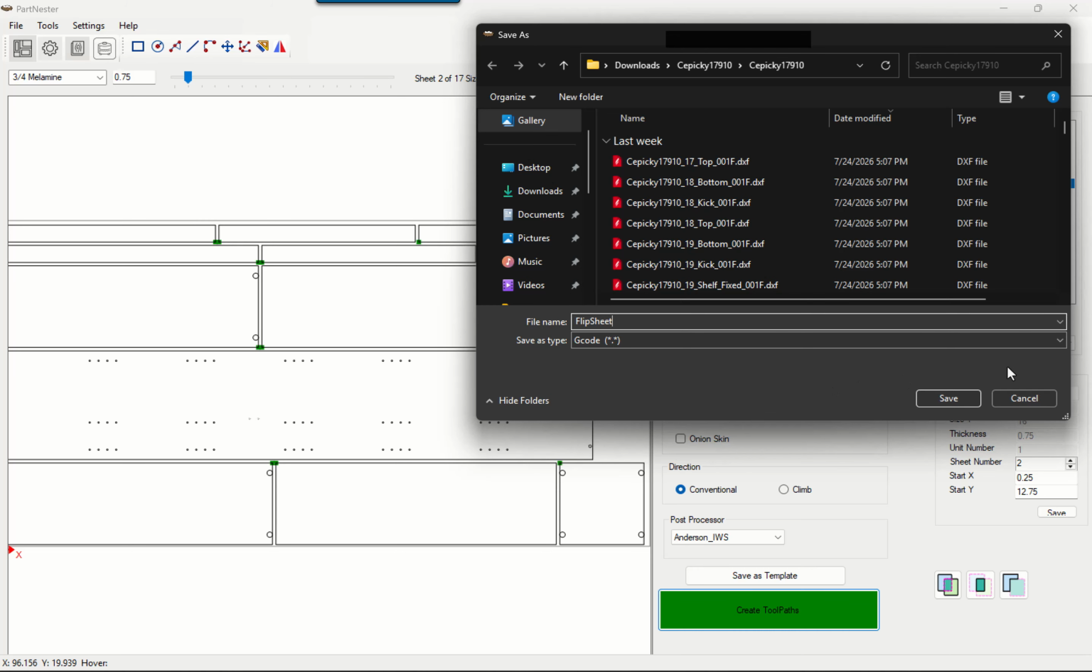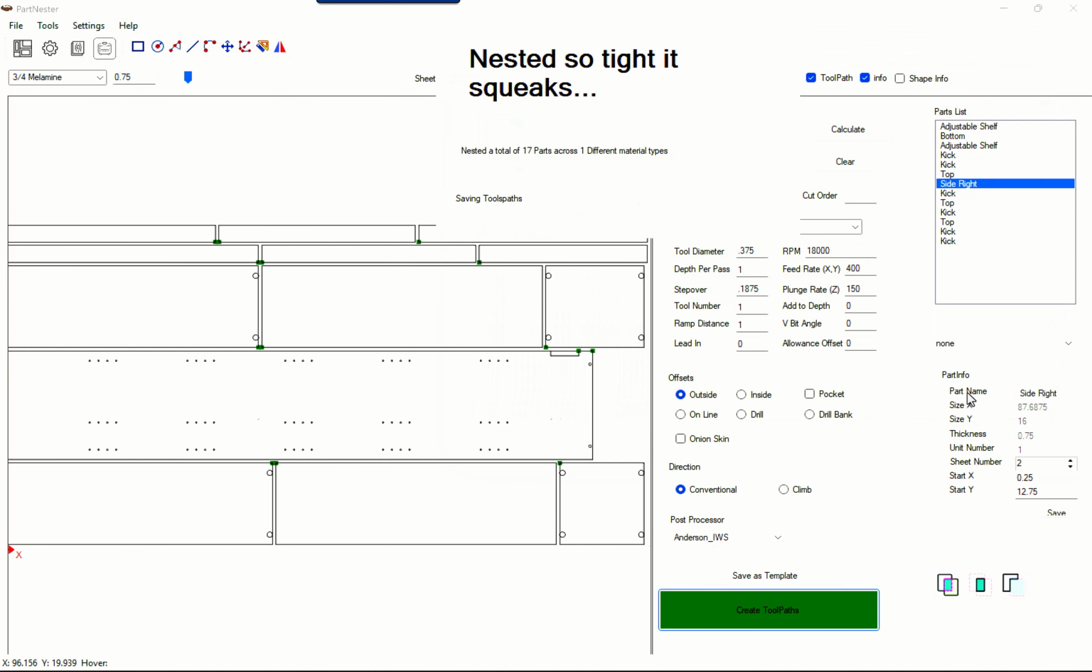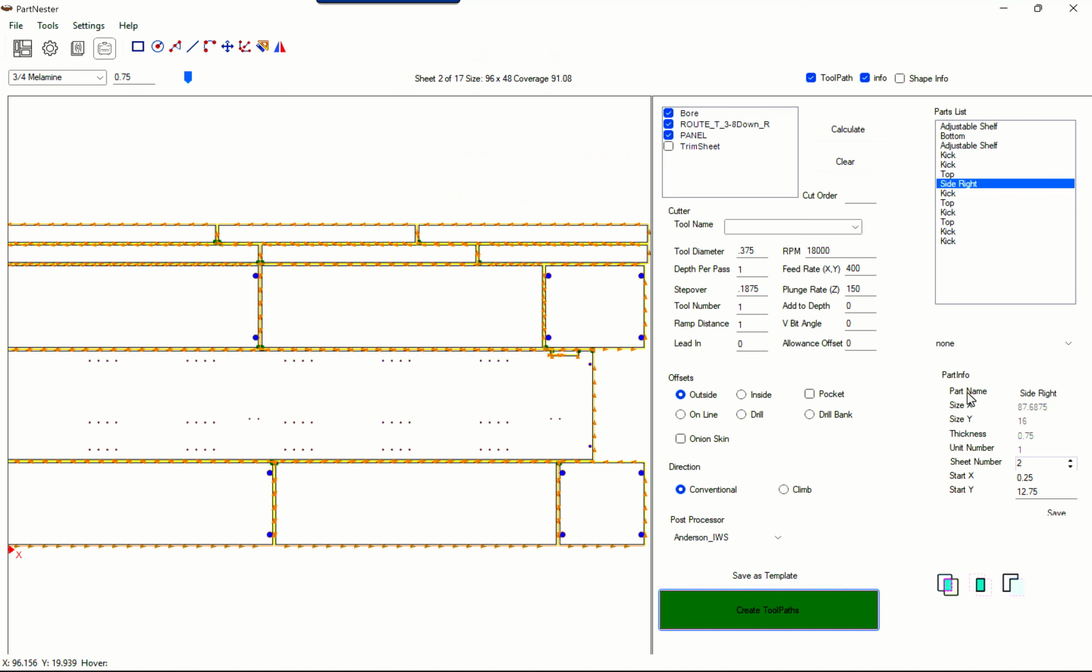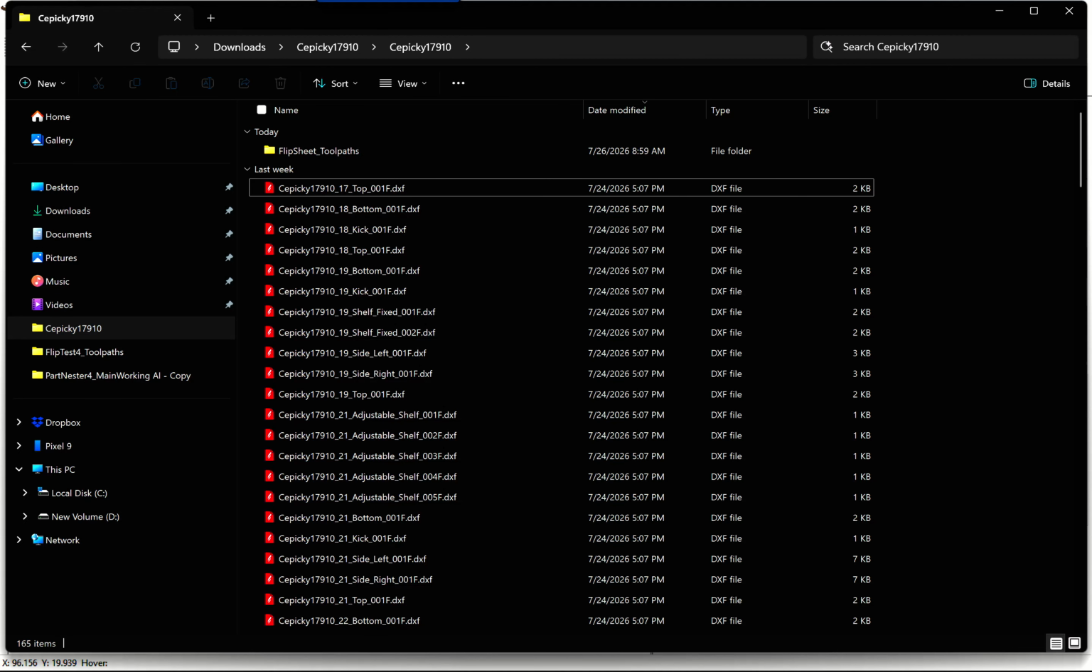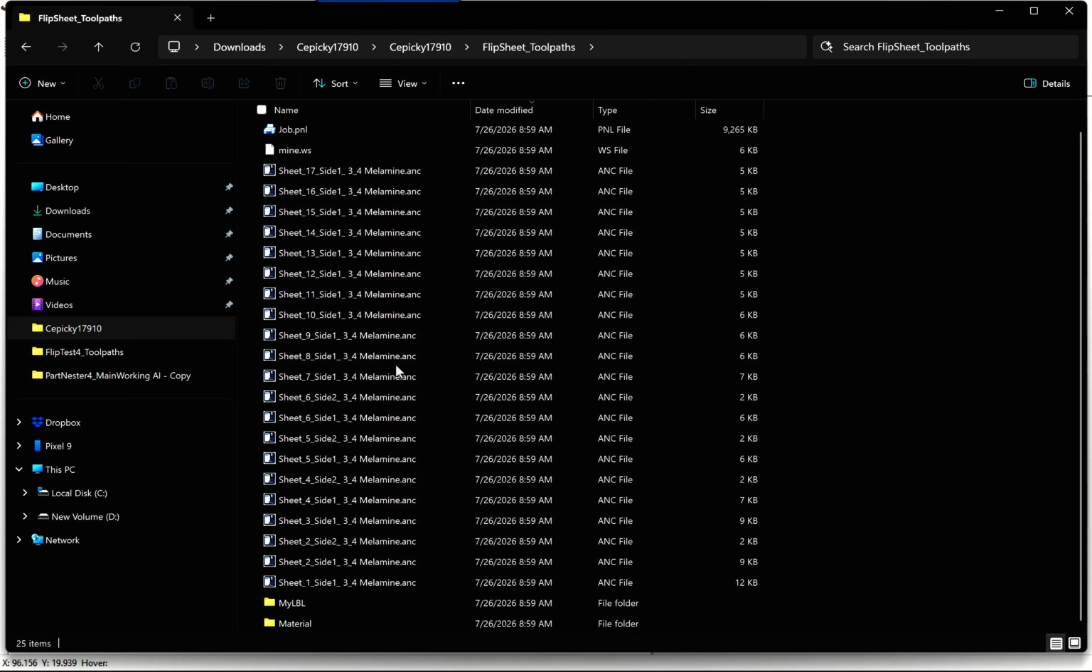We'll give that a name of flip sheet. The files have now been created. We're going to take a look at what has been created. So we know that we are going to have a folder for toolpaths, and inside of this folder we have all of the sheets that are required to cut the job. So we have sheet 1, side 1. There is no side 2 for sheet number 1, but here we have sheet number 2, that's side 1 and